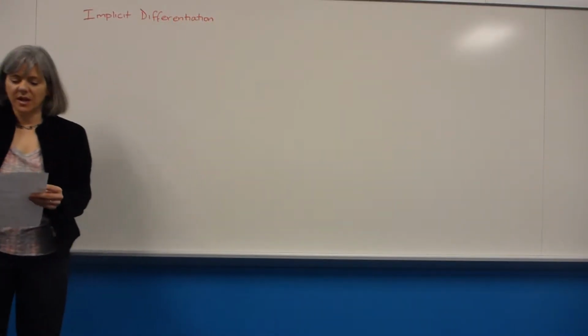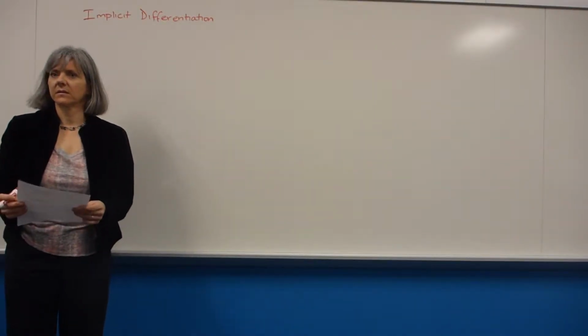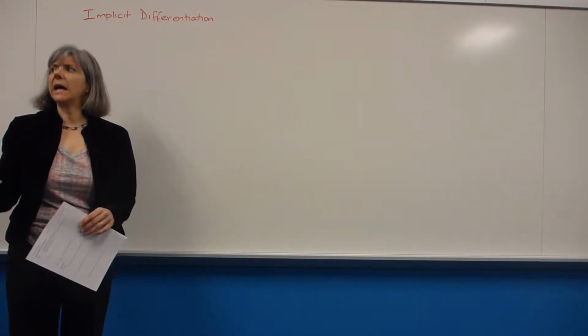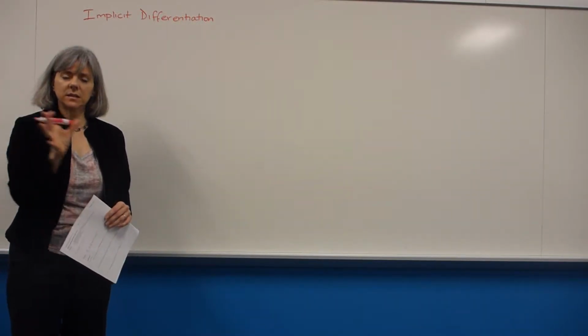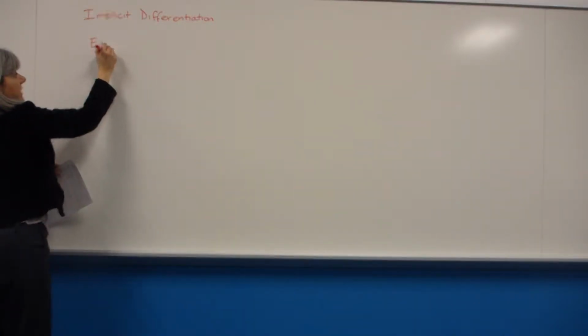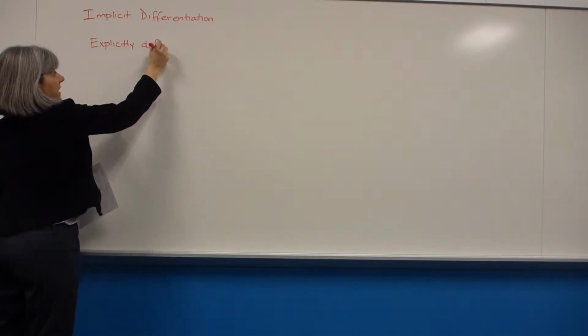All right, so we need to back up. We need to talk about what implicit means. Careful, when you say something's implicit, it usually means it's sort of implied. It's not directly stated. All right, so we have that in math. We have explicitly defined functions. Explicitly defined means